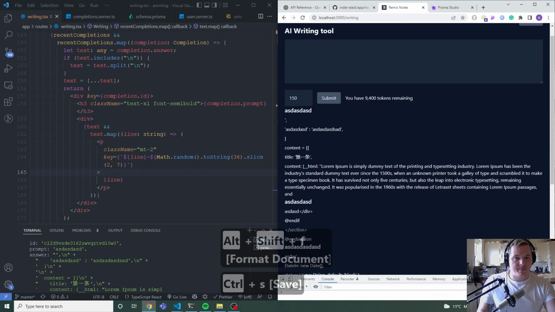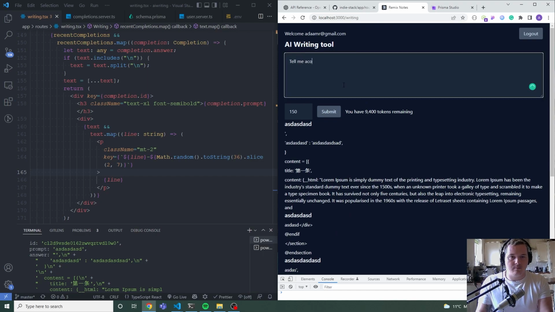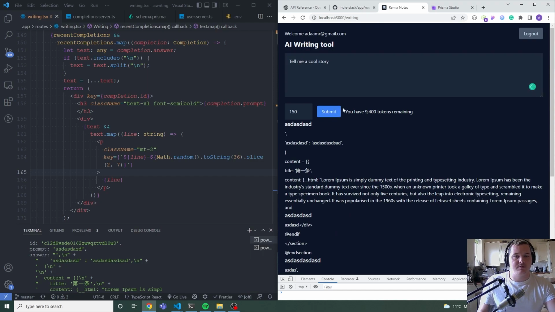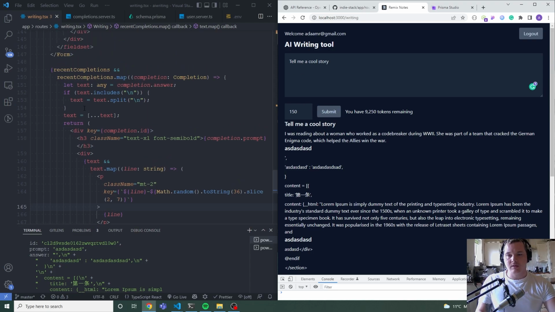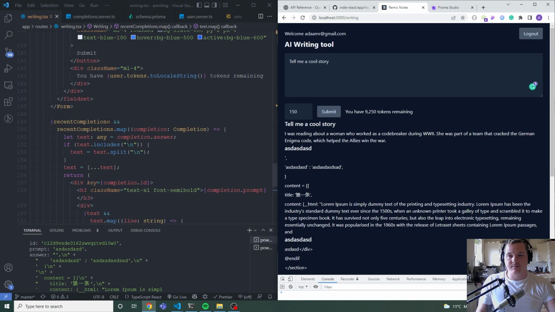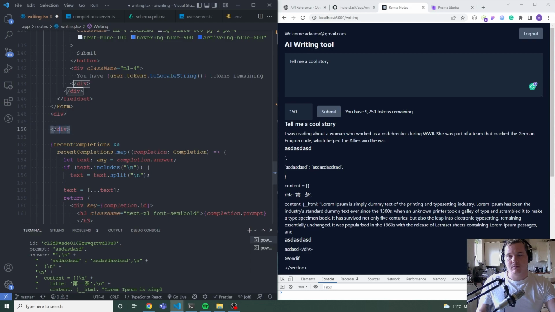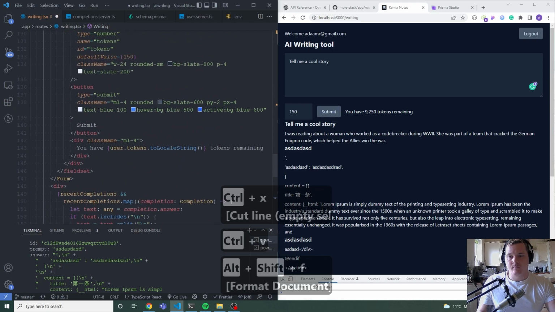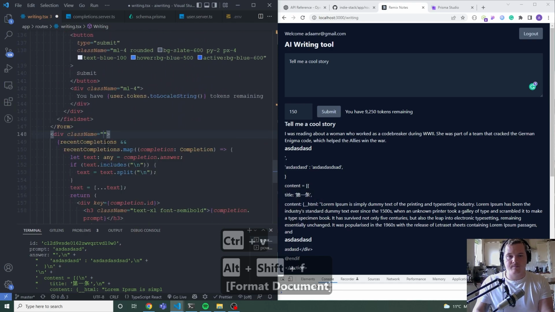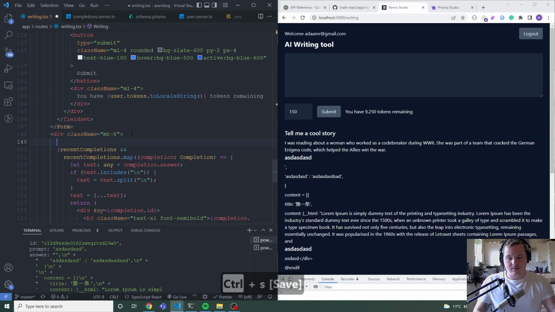Let's refresh that. So yeah, this is looking better. So we're going to just put something in that will hopefully make some sense. So we can see that we've got that now. So let's wrap all of this in a div. Like so. So I can do margin top of 8. We could put in here recent completions, and then